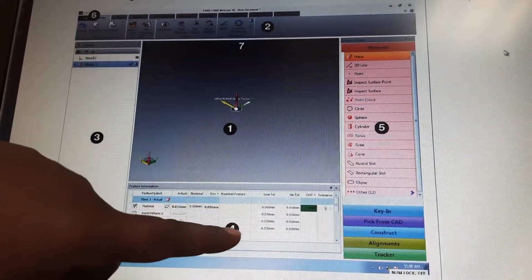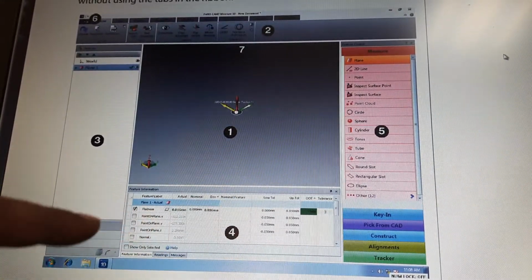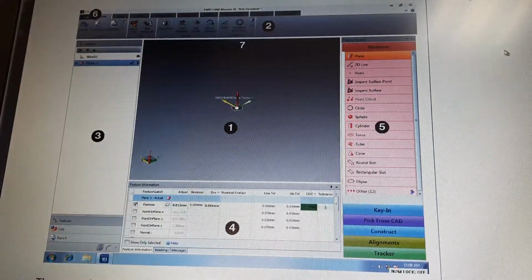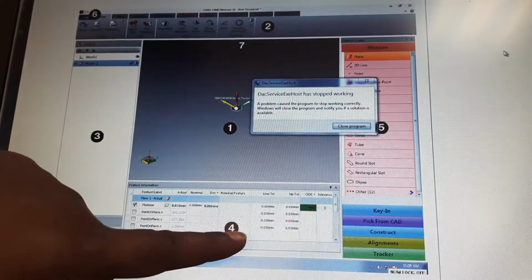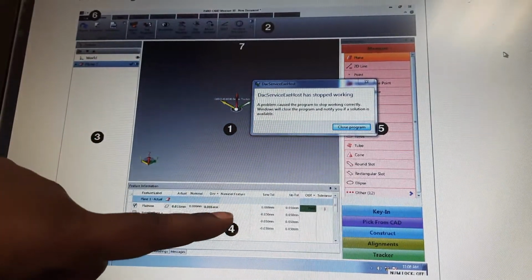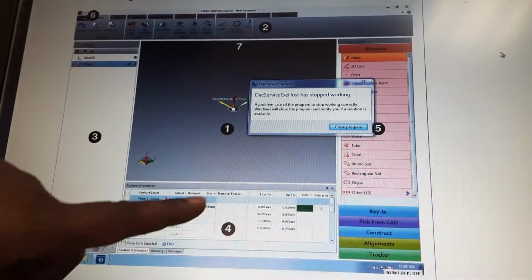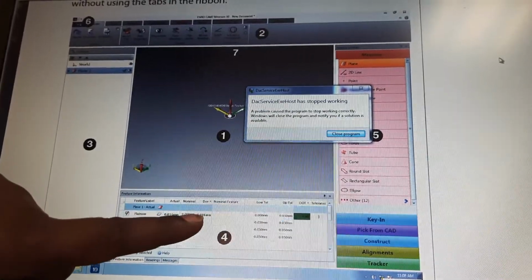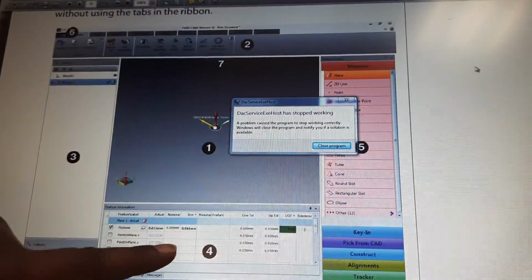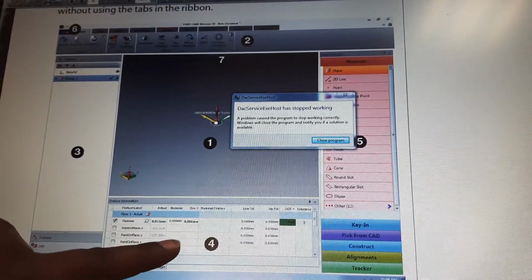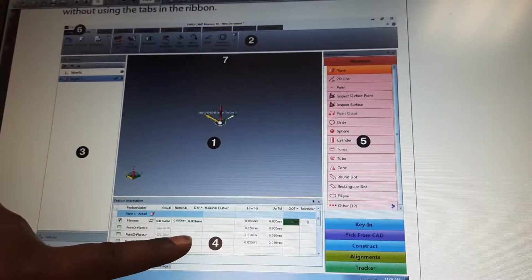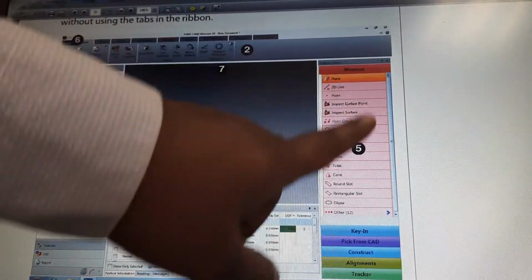Suppose we are measuring a circle, here we can see the diameter of the circle, distance from x axis, distance from y axis, distance from z axis. All this information we can see in the message reading panel or feature information panel. Next one is our fifth one. Fifth one is our feature creator panel.